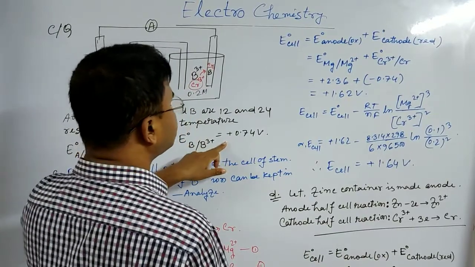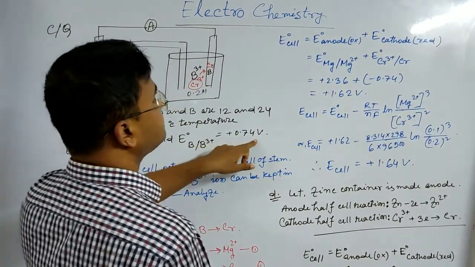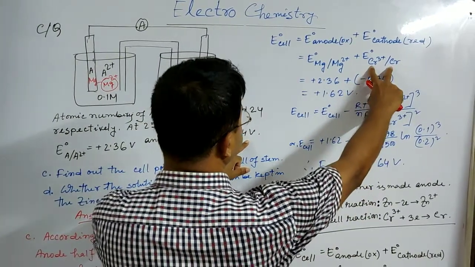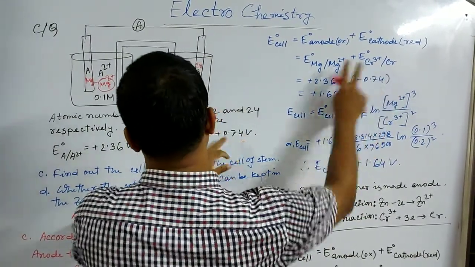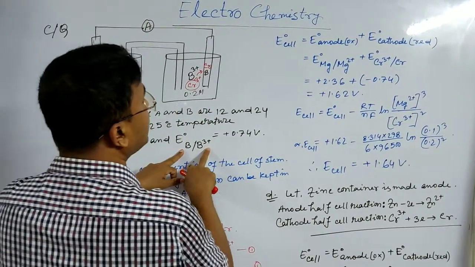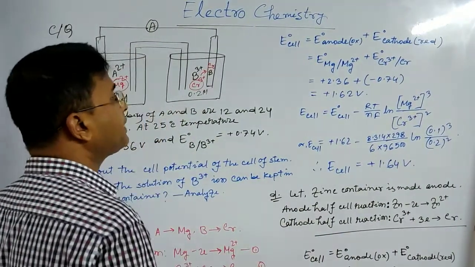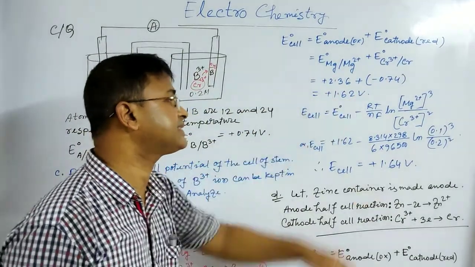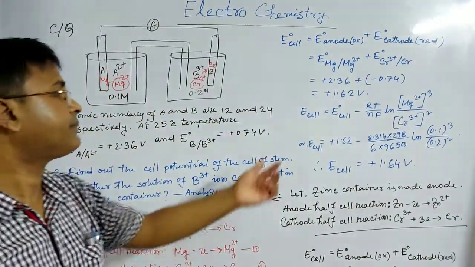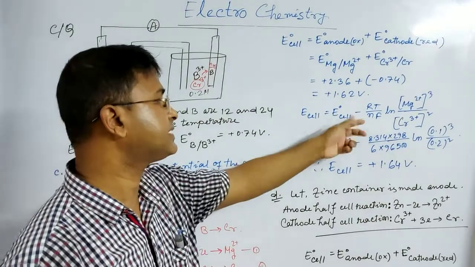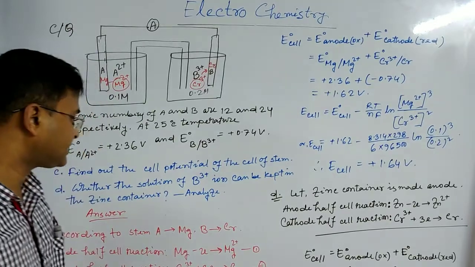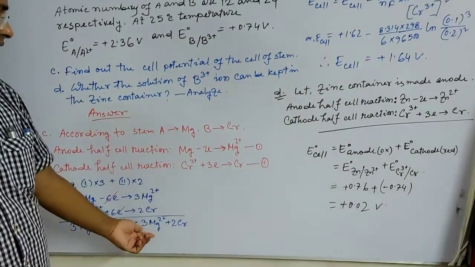So it is given as a positive value, but I have written here a negative value, as it is the reduction potential, but in the question it is given in oxidation form. So the standard cell potential is plus 1.62 volt. So cell potential equals the standard cell potential minus RT divided by nF ln of the molar concentration of product